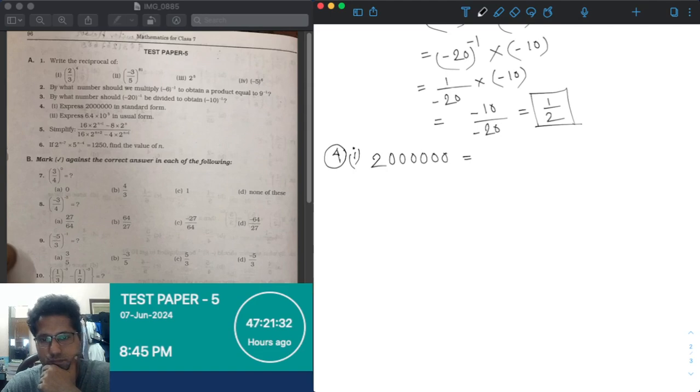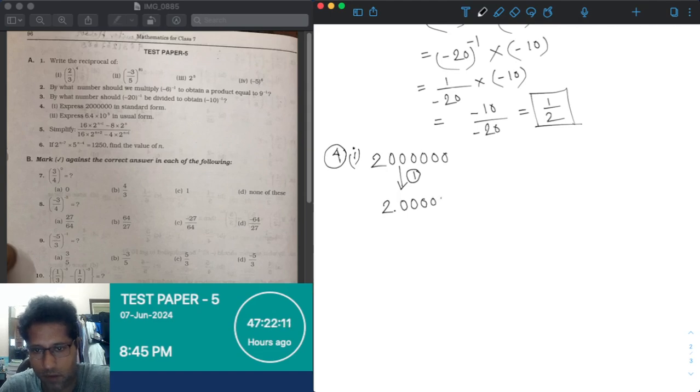So what was the process I discussed? How do we convert a given large number into the standard form? So this is the given number. If you follow my theory class, where I explained how we express a large number in the standard form, there were a few steps. The first step was you put a decimal point after the first digit from the left, that is you put a decimal point after 2, and we have